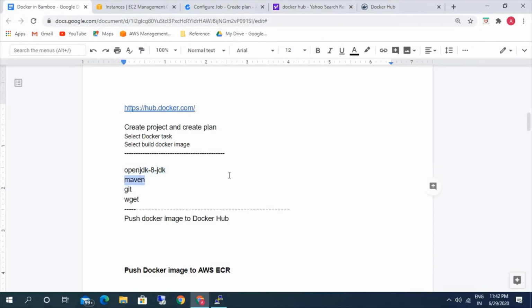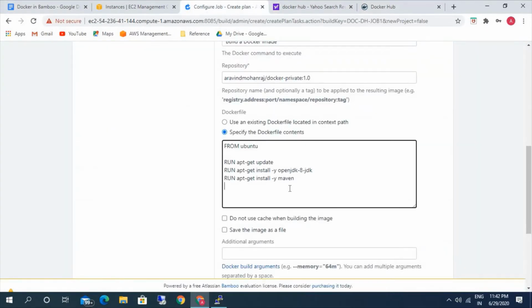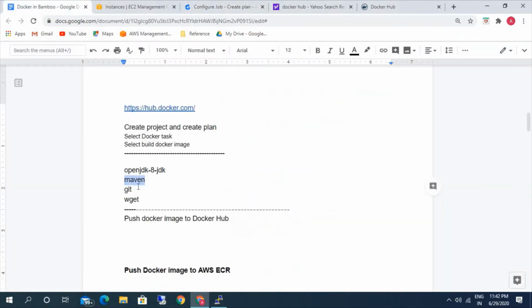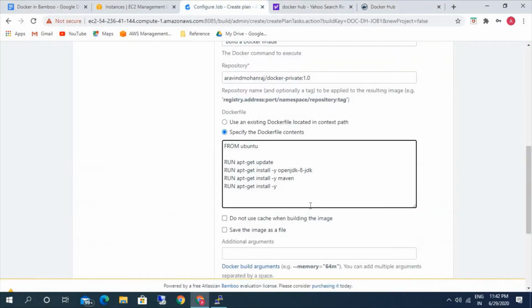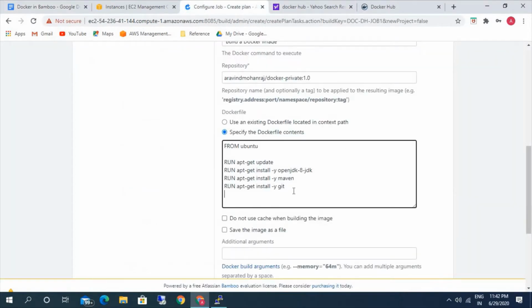We're going to install Maven to build our code, Git, and so on. These are the packages that we require.